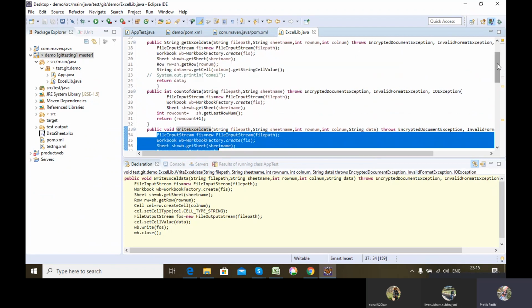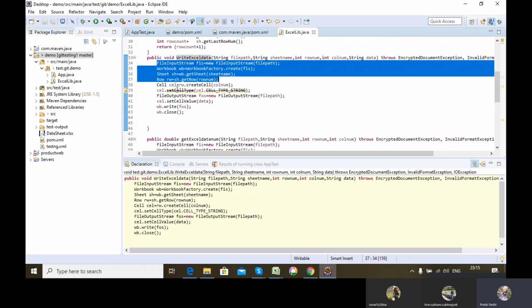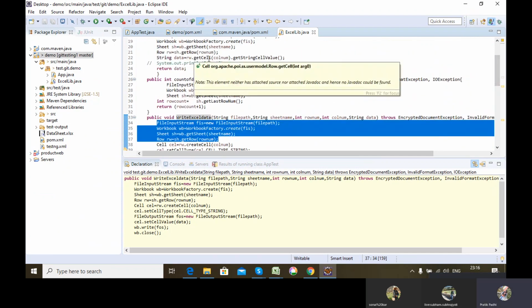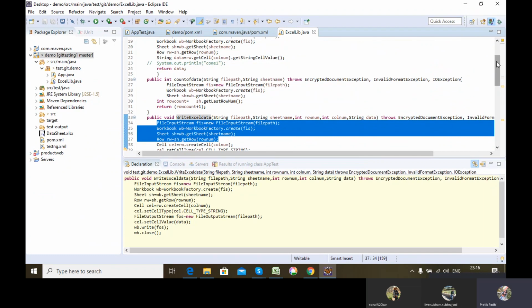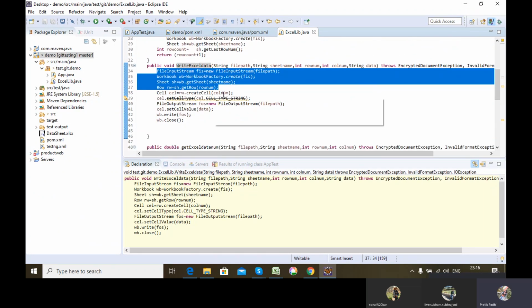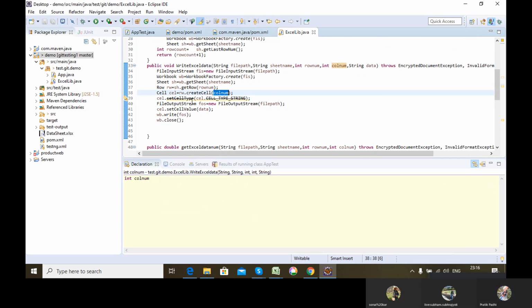Okay, so after that, here I'll be creating a cell instance dot create cell. There I used dot get cell because I was retrieving a value, but here I'll be using dot create cell. Then I'll give the column number where I want to write the data.